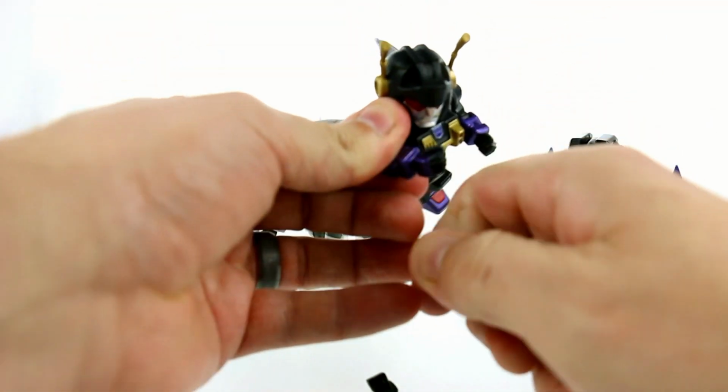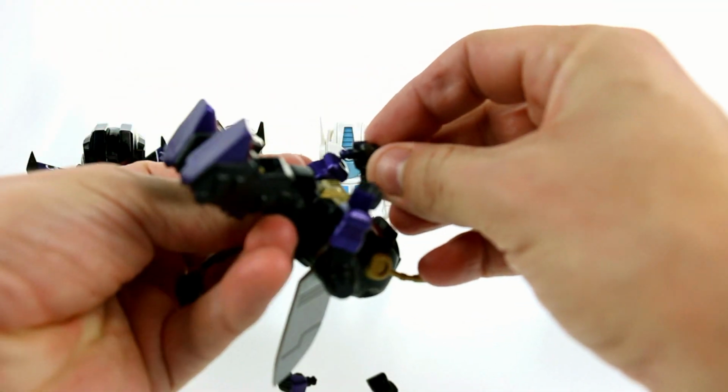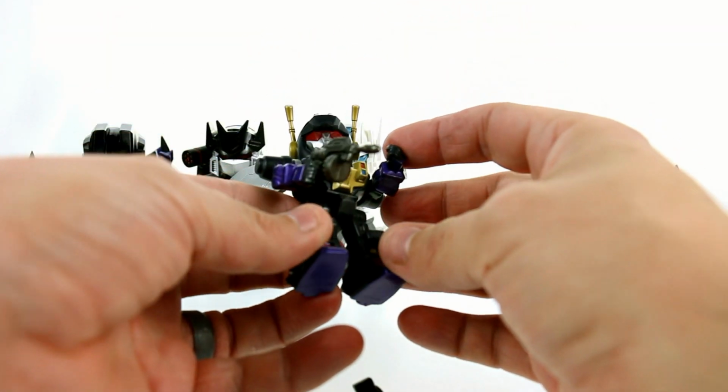This is really in there tight. There we go. Pull that out. And this might not even be good to get in there. Whew, that's really tough, but you can see he comes with this nice little Tommy gun, which I think is